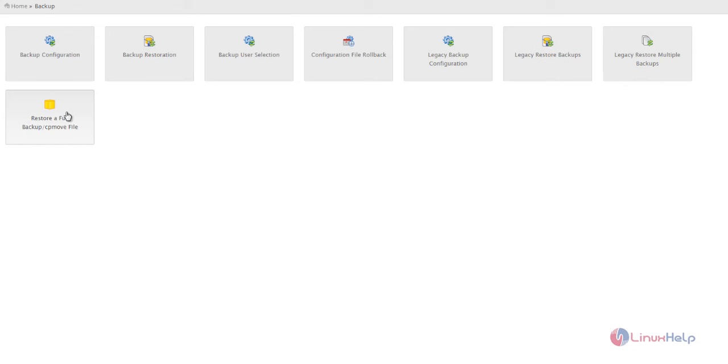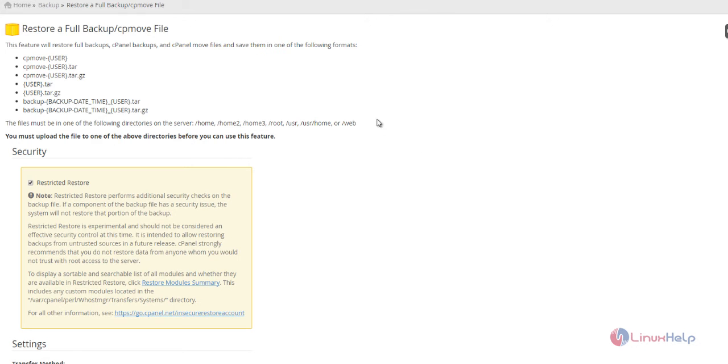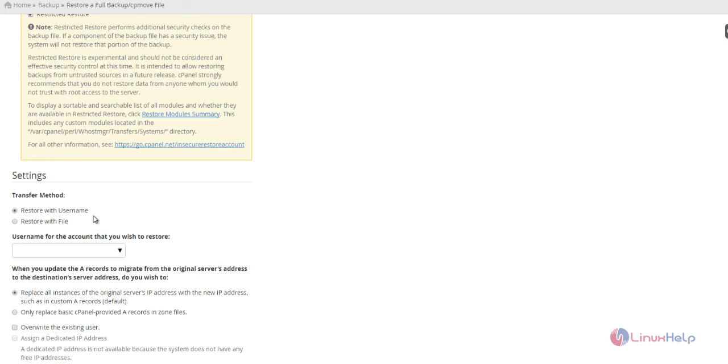The next option is restoring a full backup. It will restore all the files, database and the configuration files that we have backed up. Here you can see all the backups will be saved in one of the formats. For example, if all the files are saved in tar format, that file should be located in this displayed location, so it can be read to the respective destination, and it will restore the entire files, database and the configuration files.